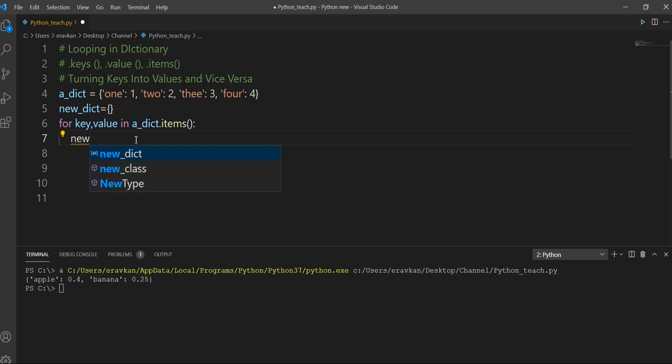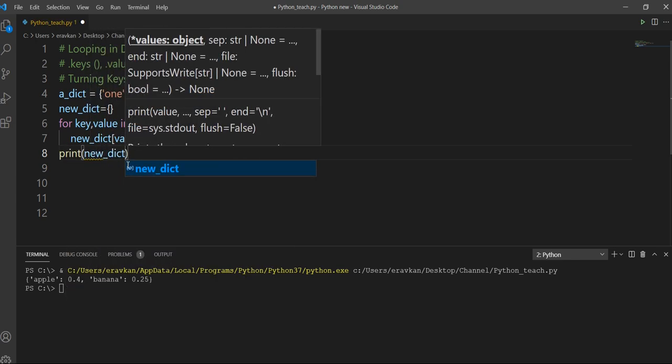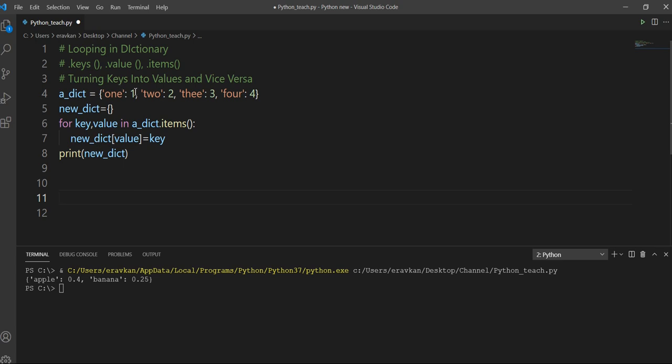So new_dictionary will come into the picture now, and I will take value in the key position, value equal to key. So I got a new dictionary now, where this one will become the key and this will become the value. Let me print my dictionary. So key and value are swapped.